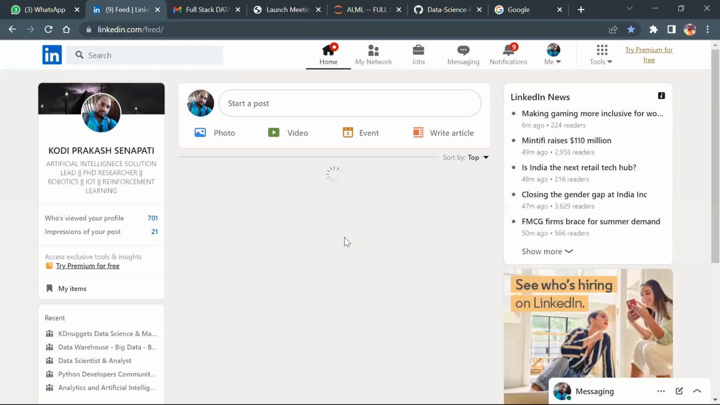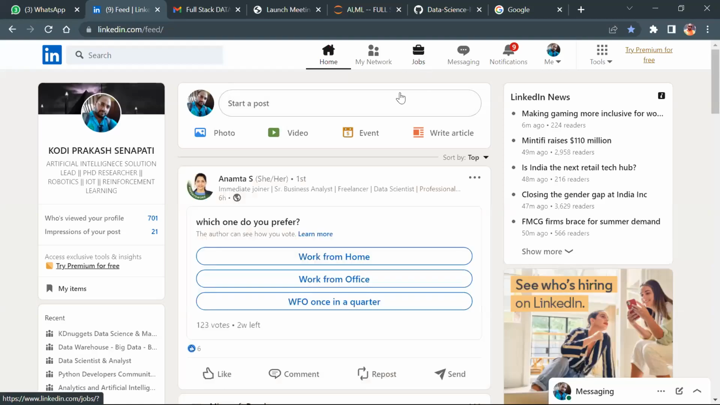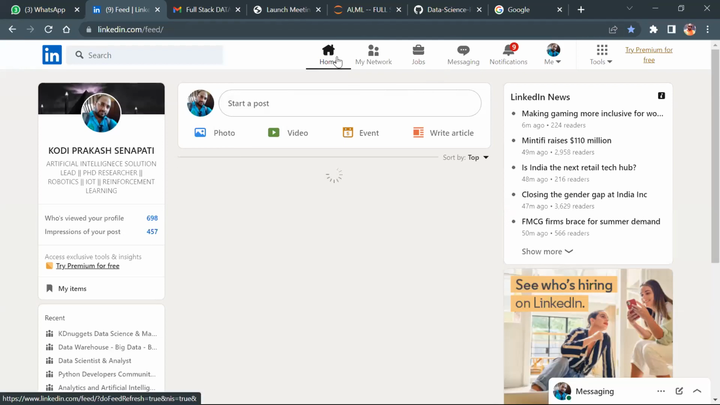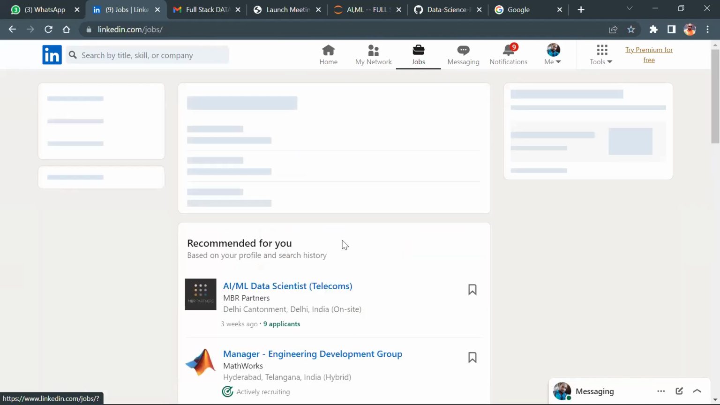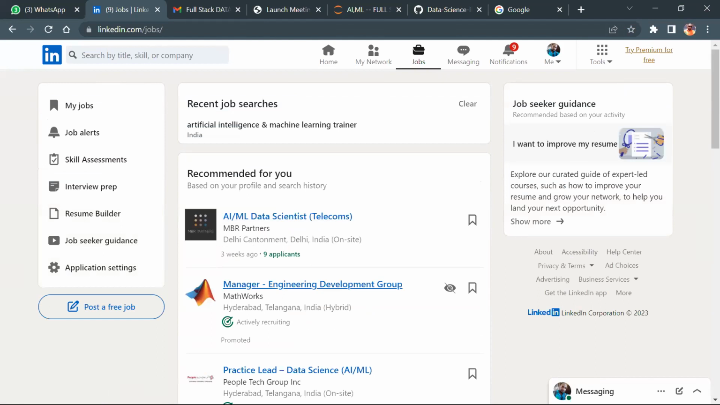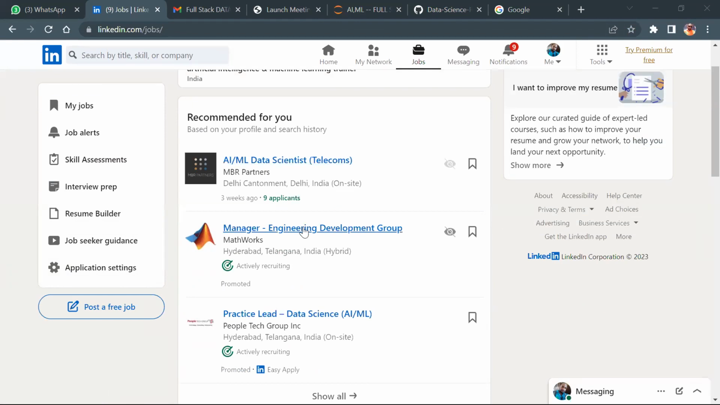I can open my LinkedIn. In LinkedIn, do you have the jobs tab or not, guys? Isn't it? In this jobs tab, let's click it here. LinkedIn is one of the excellent professional websites for leaders, developers, managers, everybody, guys. Understand? A lot of people apply on Naukri and LinkedIn. They're two good professional websites. In front of you, I just opened it, and I searched AI, ML, data science, telecoms industry,